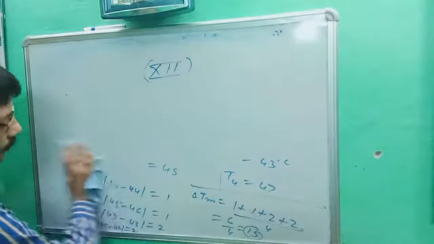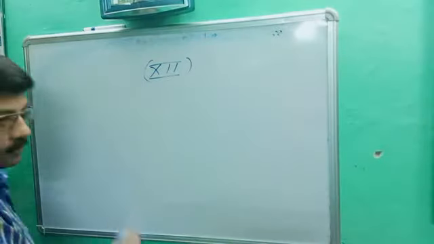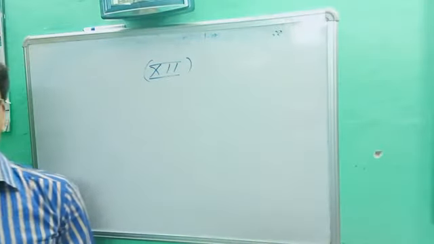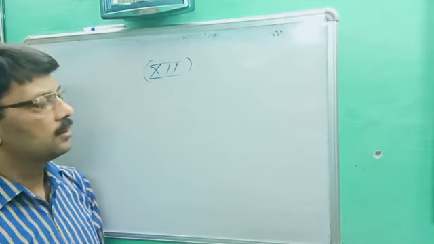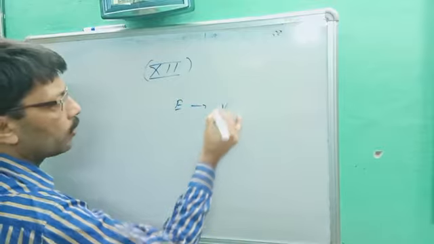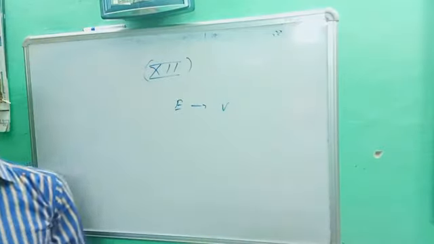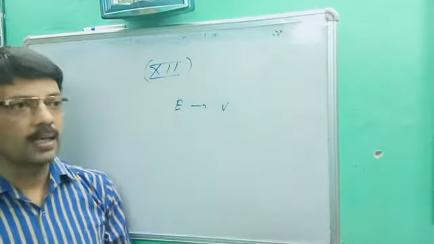As you know, we are discussing electric potential, and in the previous lecture we had discussed equipotential surface. Today we are going to take a very important topic. This is the relation between electric field and potential. Note down the point: relation between electric field and potential.